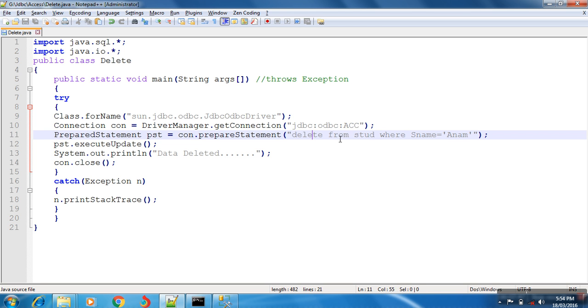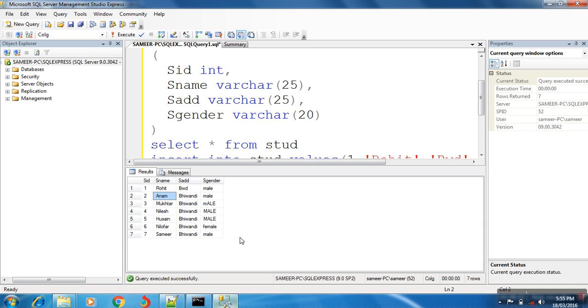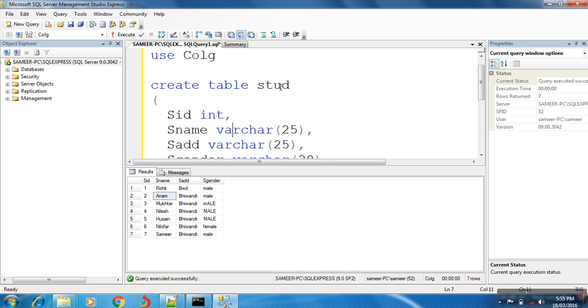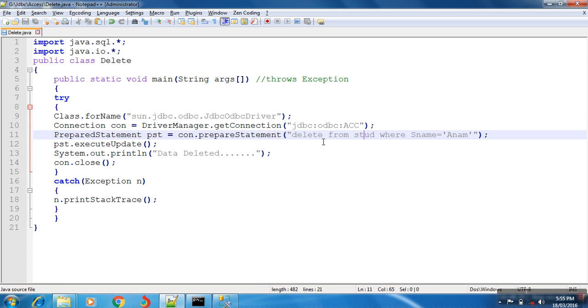See here, delete from stored where sname. sname is a column name. This column name is available in the stored table. See here, the database is there. It is a column name, sname, and the table name is stored. So see here, delete from stored.